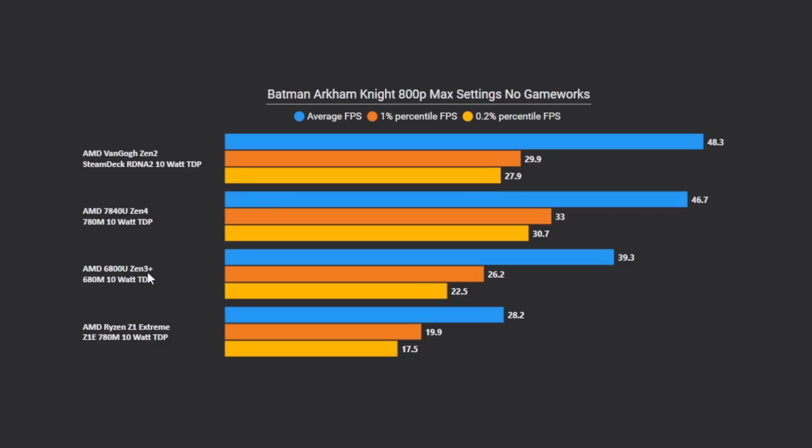All right, let's get into the actual benchmarks here. The first one up, we're looking at the 10-watt TDP slice for Batman Arkham Knight, 800p max settings, no NVIDIA GameWorks. If we look at the 10-watt TDP slice with the Z1 Extreme as our 100% baseline, the SteamDeck is roughly 71% faster on averages. The 7840U GPU Max 2.5 refresh is 66% faster,